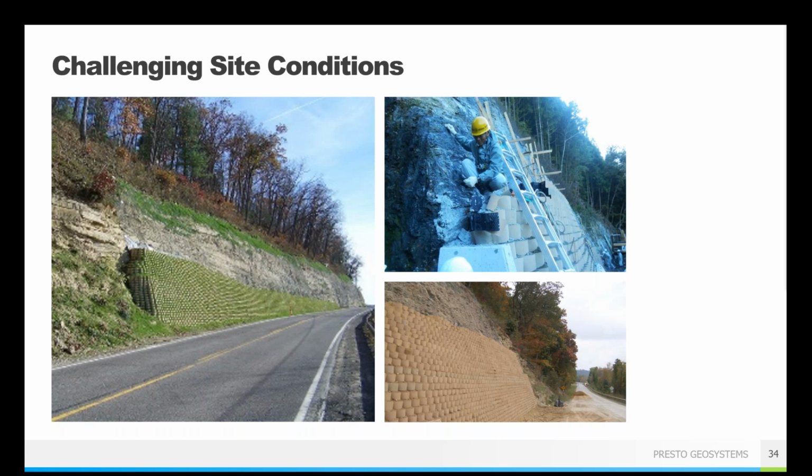And so you can see this is a pretty challenging site condition, not something that everybody wants to be in on a daily basis, but it was a pretty interesting little project. They were able to build this up to help hold that rock face in place. In this particular case, the rockfall was only a concern on the bottom half of the wall. Whether or not that rockfall is in place is a question I will leave to the geologists to tell me. But you can build the wall up steeper and higher if you need to.